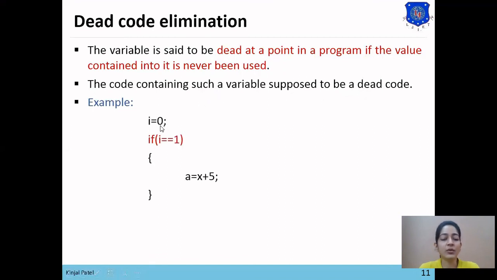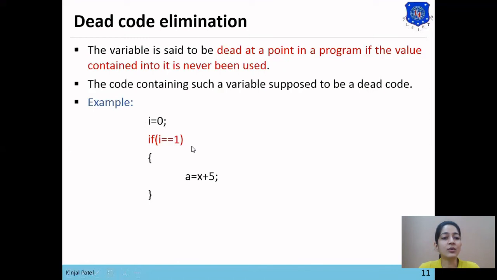So here is the code: i equals 0, and here is the if condition that if i equals 1, then the block will get executed and the operation a equals x plus 5 will get computed. As we have assigned the value 0 to i, which is a constant static value, i will never equal 1.